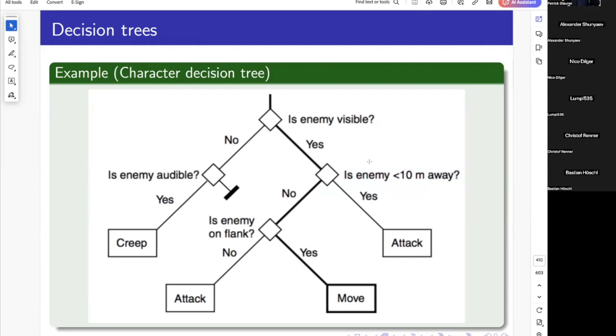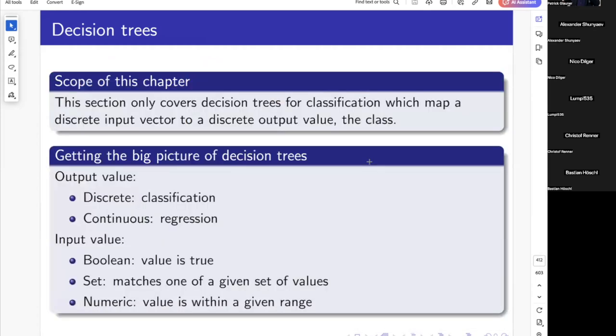So there could be more than two child nodes. These are all possible input data a decision tree could be dealing with, but we will now just keep it very simple. We will care about output values that are a class, concretely a binary classification, one label or the other. And we will care largely about Boolean input values. What we are doing could also be applied to set inputs, where we have more than two possible values in a label, but we don't care about the numeric ones, because we're just looking at the most simple decision